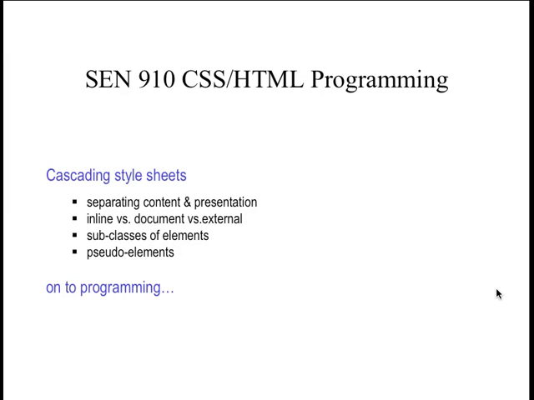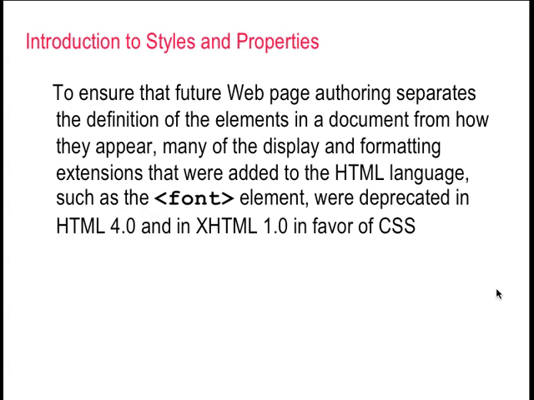So we're looking at separating the content and the presentation. We're going to look at inline and document versus external methods, subclasses and elements, pseudo elements, and all sorts of different things that end up in a CSS and onto programming. So let's take a look here. What we've got are introduction to styles and properties. We've seen that the tags have styles, and we actually have a style tag. And we've seen that each one of the tags has properties or attributes that can be set for it, such as a font size, a font width, perhaps